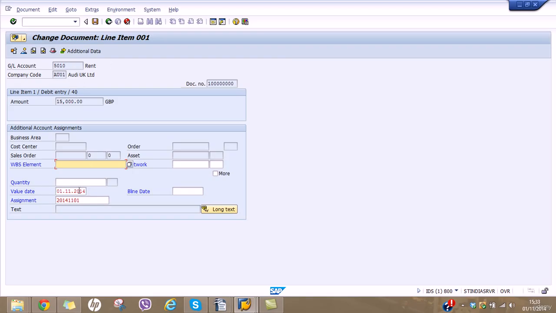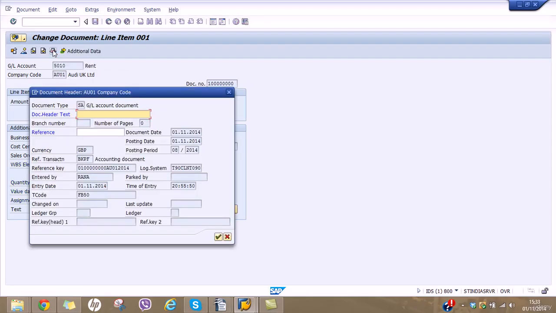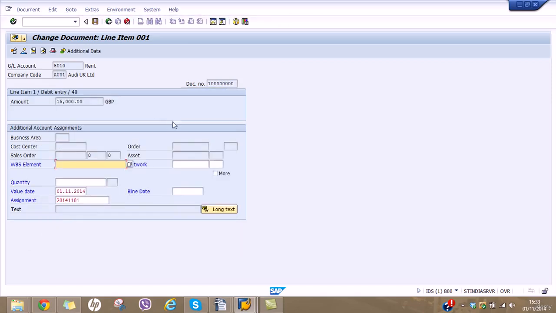You can change the value date, you can change the assignment, but you can't change the amount. You can't change the amount and document number. And similarly you can display the document header, and here you can change the document header text and reference. Additional data, if you click on additional data,